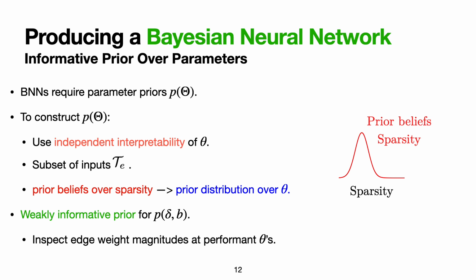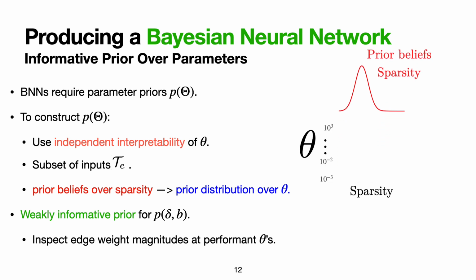We have sparsity, and we have our prior beliefs over sparsity. We have some distribution which encodes our beliefs over sparsity before observing any data. So first we're going to discretize theta across a couple orders of magnitude. And we're going to run convergent DPG with each value of theta. Remember, the sparsity pattern of convergent DPG, or the iterations, only depends on theta. And so we can do this: we can run our subset of inputs through convergent DPG.